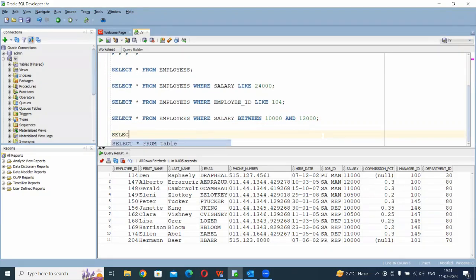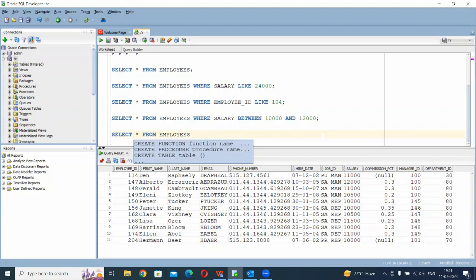The next query I have would start with the select keyword. After select, I have mentioned star. After star, mention the from clause. After the from clause, given table name as employees. After giving the table name as employees, given the where keyword. After giving the where keyword, I have given my condition like employee ID